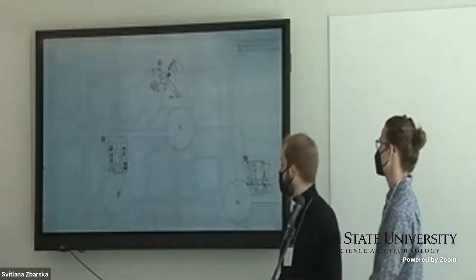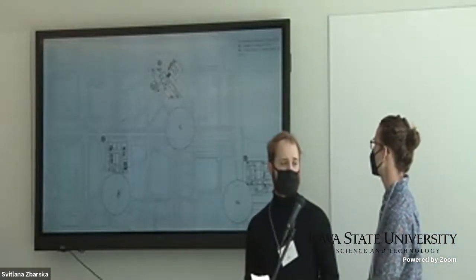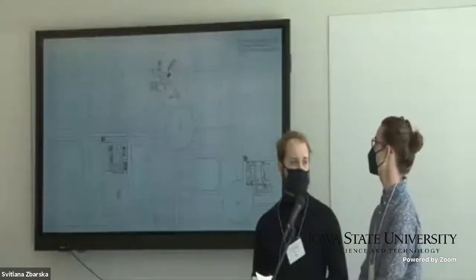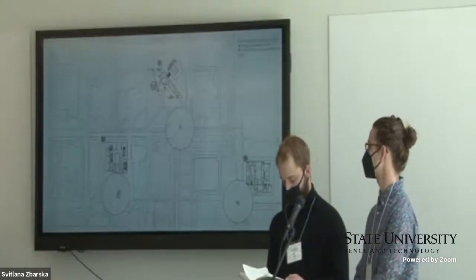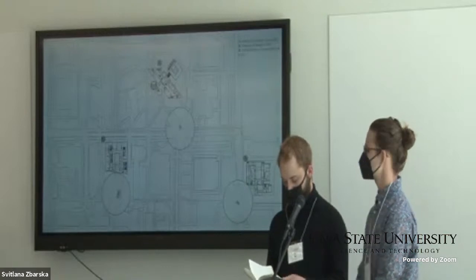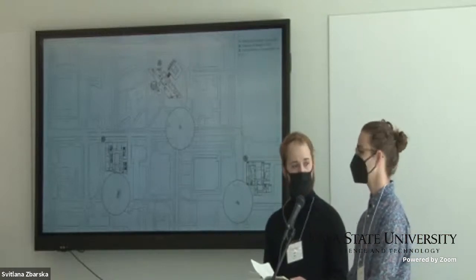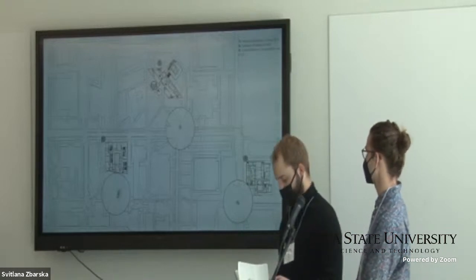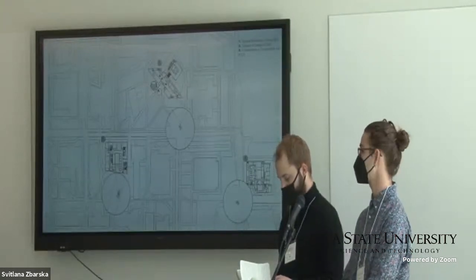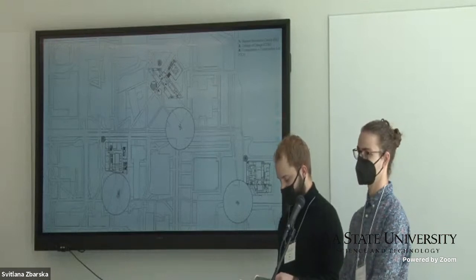So our entire workflow takes place in three different buildings on Iowa State's campus. The College of Design, the Communications Building, and then this building, the Student Innovation Center. Usually we start at the College of Design, we pick up any materials that we ordered or any clay that we're getting, and then we cart all of that over to the CCL and the Communications Building, which is where we do most of our work.